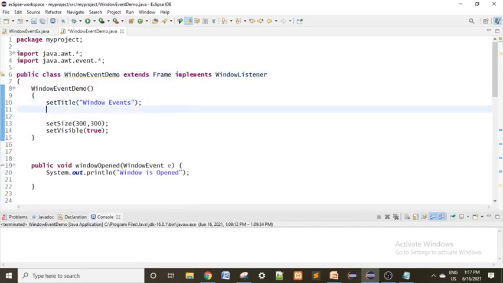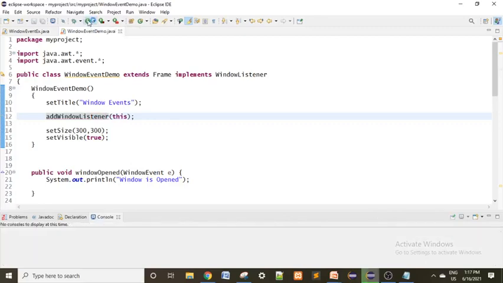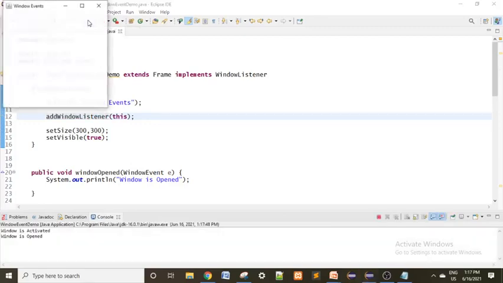For that I am using one method, addWindowListener, which is used to register the window listener interface to the frame. Save this one. Now I will execute this one. If the code is error free, that will execute successfully.